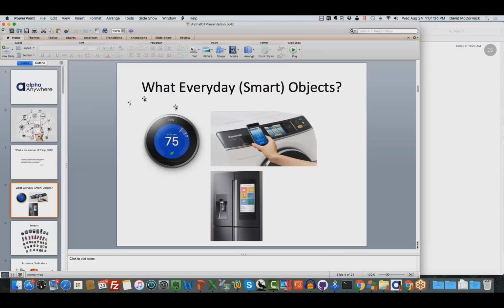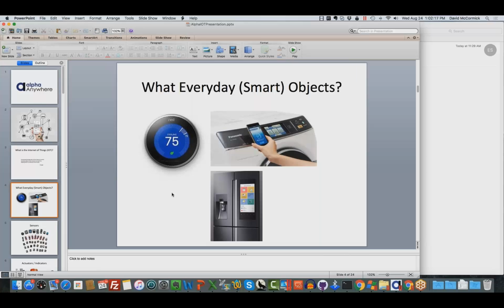So if you take a look at the first one, the Nest thermostat, a fairly popular example. There are other ones out there now as well. I think Honeywell makes one, but this is probably the first one to gain such popularity. So the Nest is a thermostat that's actually on the internet. It knows what the temperature of your house is. It has sensors to determine whether or not you're home and can adjust the heating and cooling accordingly. It can check to see what times during the day you turned the heat up and down, and could do some thinking based on that.